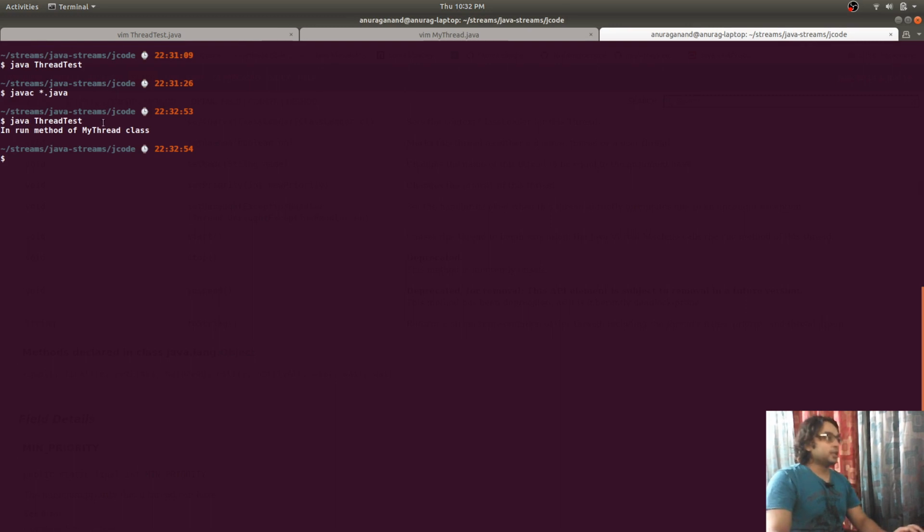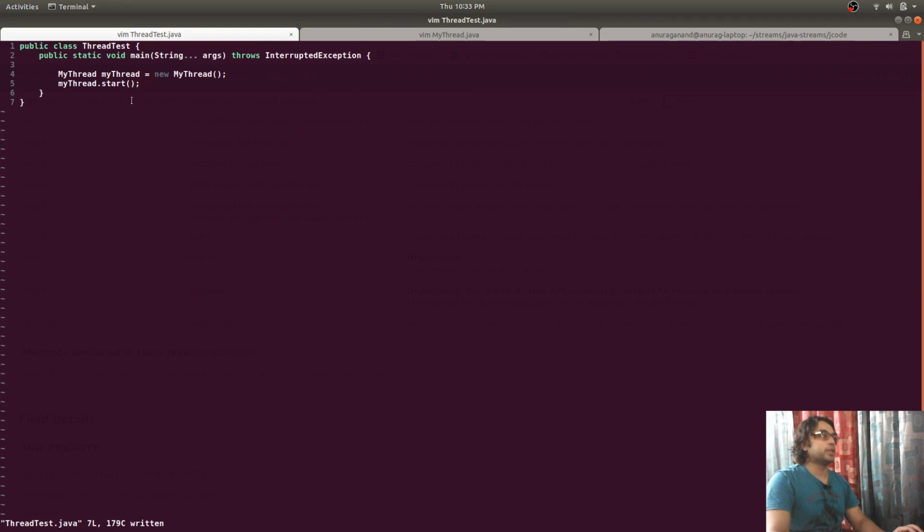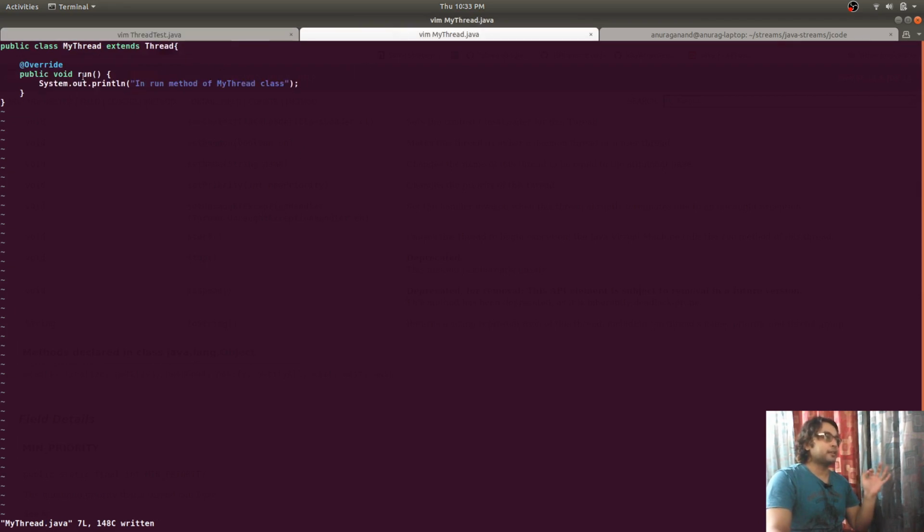Now you saw that we get the printed statement that we wrote in the run method of my thread class. So now you saw that we need to call the start function to start the execution of a thread, and that thread should override the run method to do whatever work we want that thread to do. That should be put inside this run method.